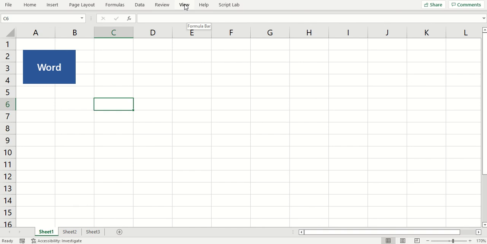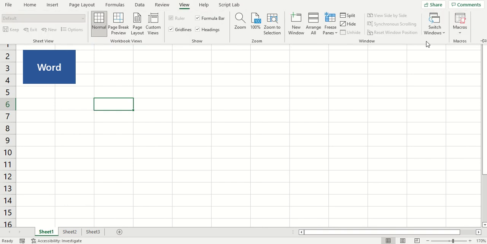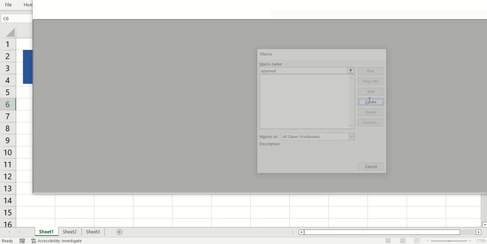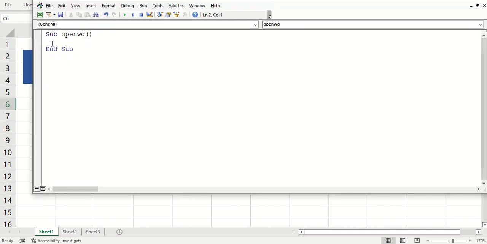So the first thing I want to do is go to View, Macros. We don't have any. This button won't let me create. I have to name something before I can create one. So I'm going to call it openwd for Open Word, create, and here I want to type in